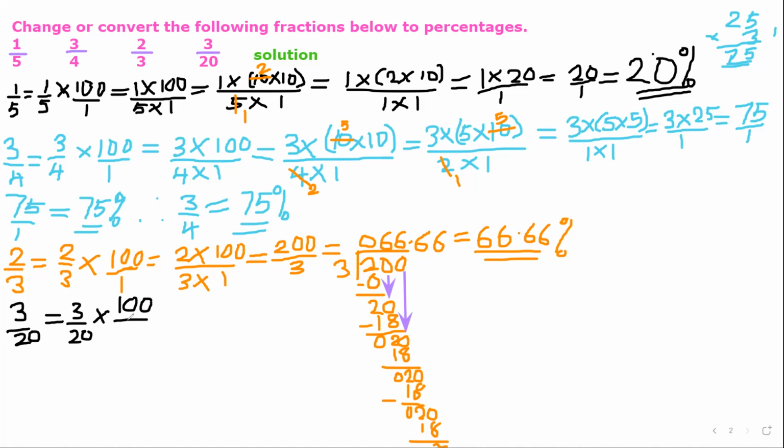And every whole number is over 1. Multiplication means what? Multiply the numerators. The numerators are 3 times 100 here. Okay. And then the denominators are 20 times